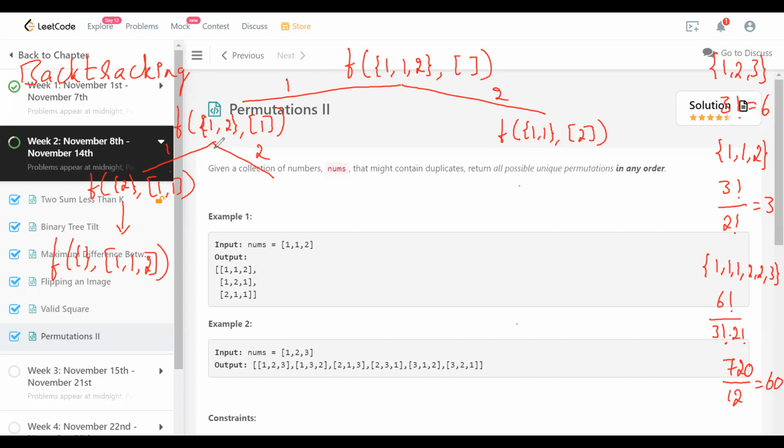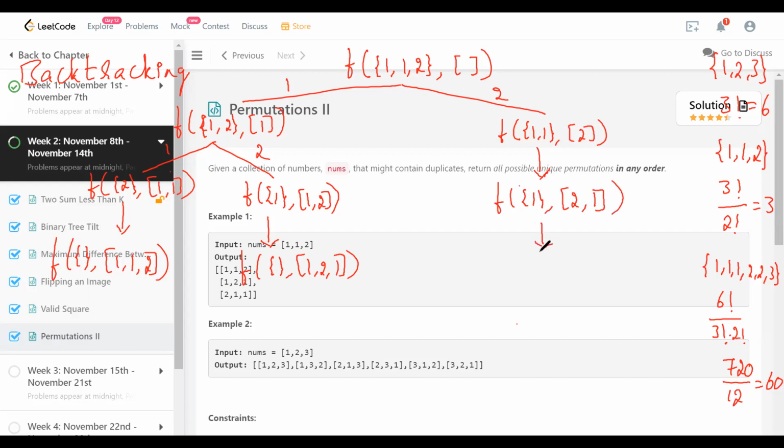In that case, what if I choose 2? I'll be left with one more 1, the last one, and the permutation we have now is 1 comma 2. It is in that particular order, so for the permutation, the order matters. And so the only option left here is f of null set comma 1 2 1, because that is the permutation we have. If I go on the right side here, even though there are 2 symbols, we don't have 2 choices there. There is only one, because both of them are identical. So I'll be left with f of 1 comma 1, and then the permutation here is 2 1.